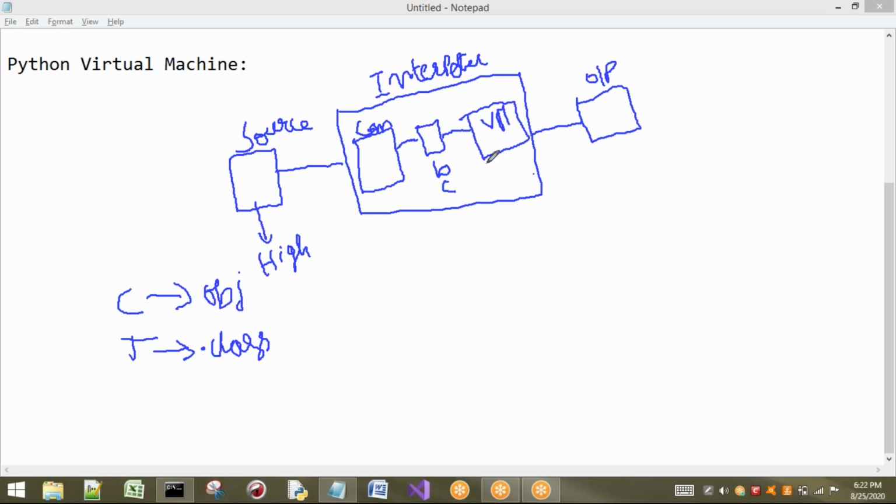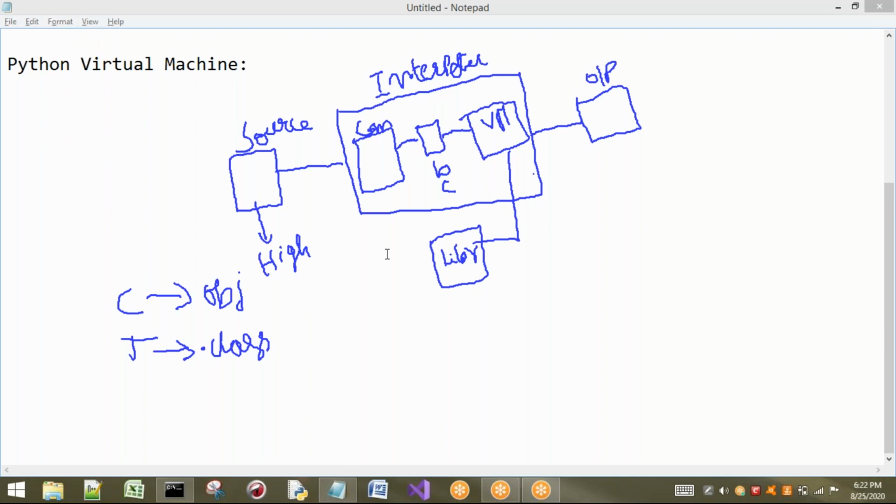To execute the code, the virtual machine is going to refer to some modules or libraries. Don't worry if you are unable to understand. I will take one example and demonstrate it.